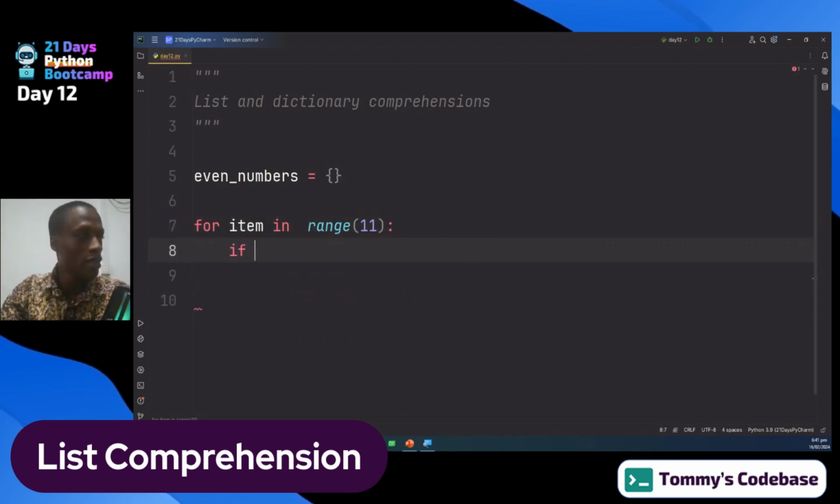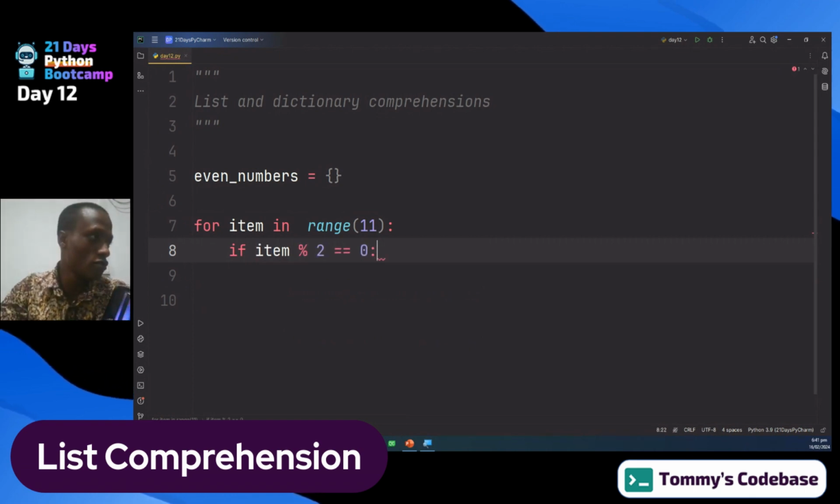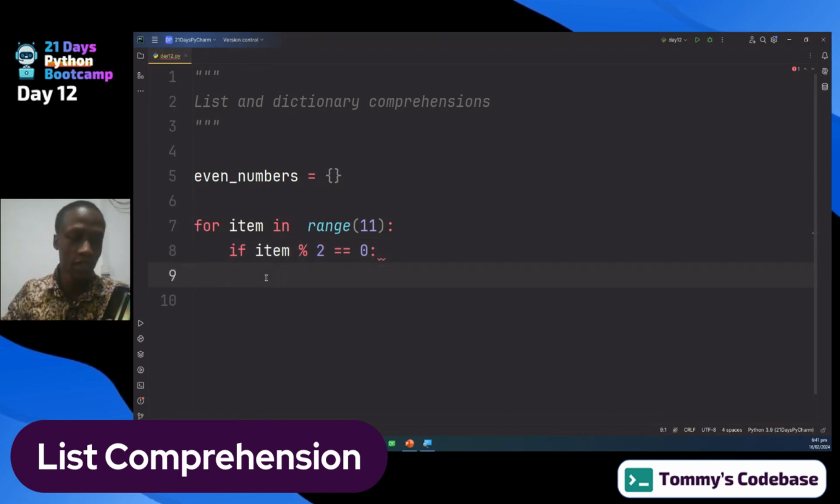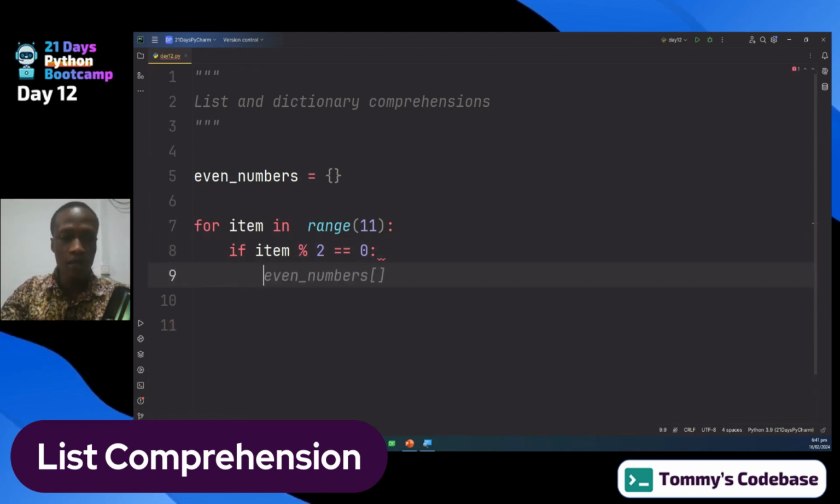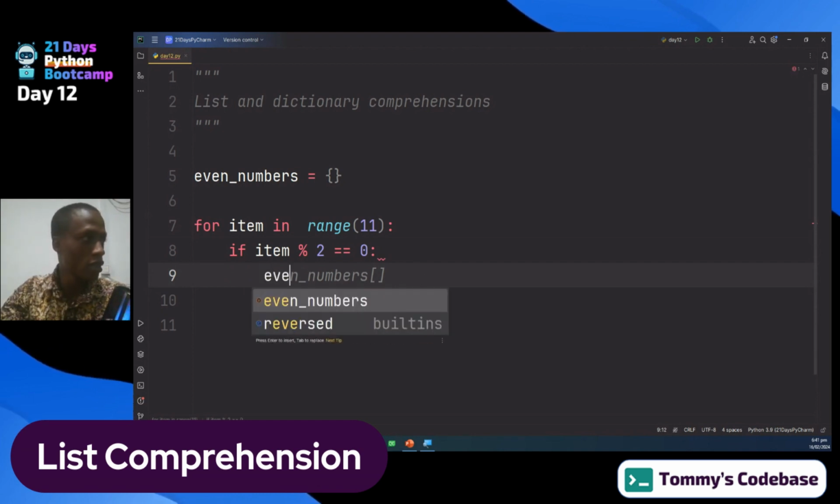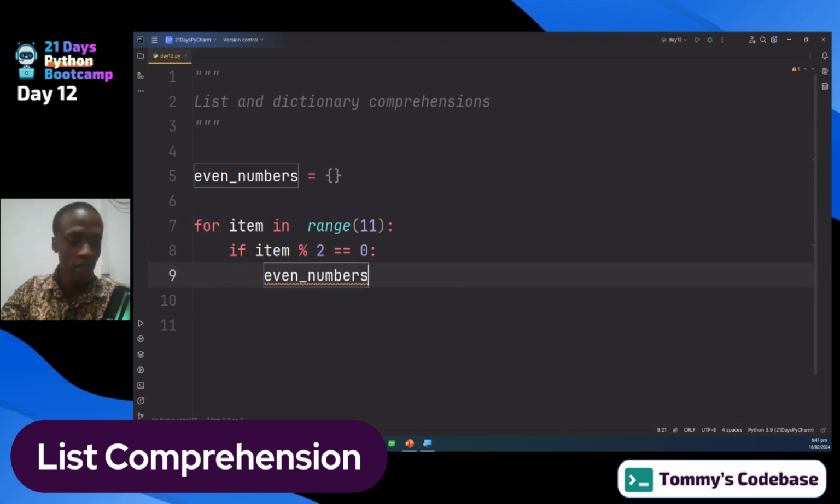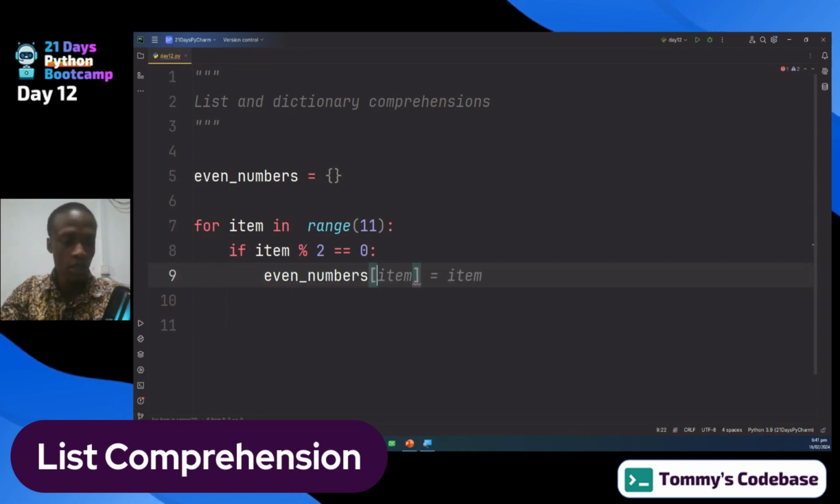And then you can see that if item, in this case, is equal to, so you know what this particular line is doing from previous things that we have done. You know that we are checking if item is an even number. If that is the case, then we can say even numbers, our dictionary up there, and then we want to add a new item to it, so we can say X, in our case, the item itself, and we set the value equal to